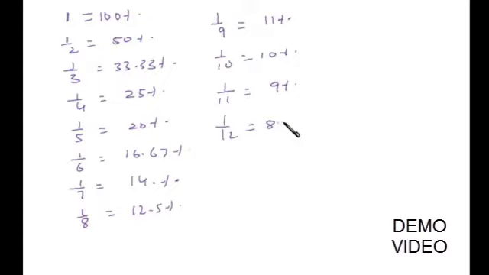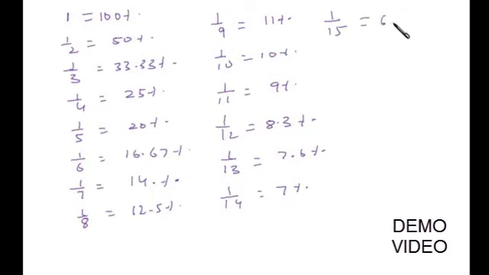Then 1 by 9 is around 11%, 1 by 10 is 10%, 1 by 11 is around 9%, 1 by 12 is 8.3%, 1 by 13 is around 7.6%. Up to 1 by 20 you should be knowing, right? 1 by 14 is half of 1 by 7. So if 1 by 7 is 14%, then 1 by 14 will be half of that, around 7%. Similarly, 1 by 15 is 1/3 of 1 by 5, that is 1/3 of 20%,